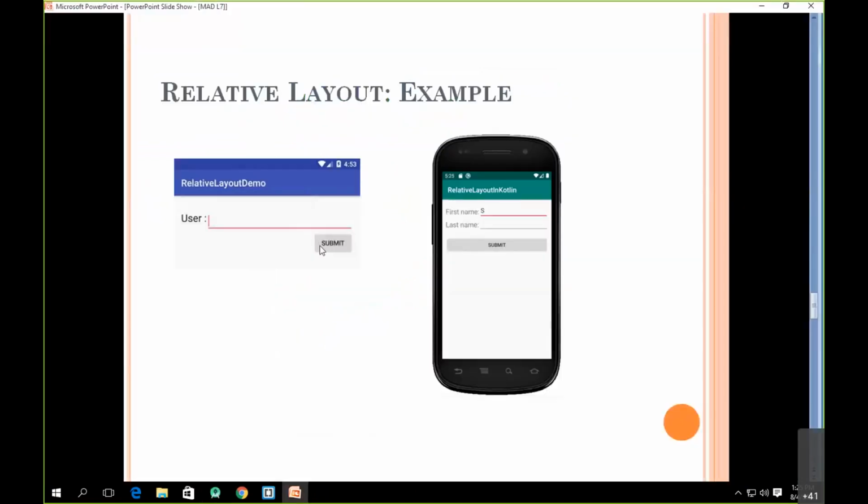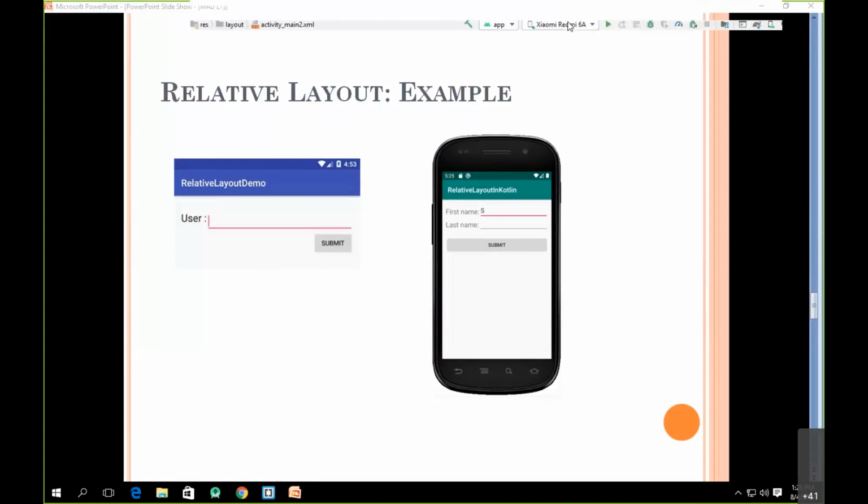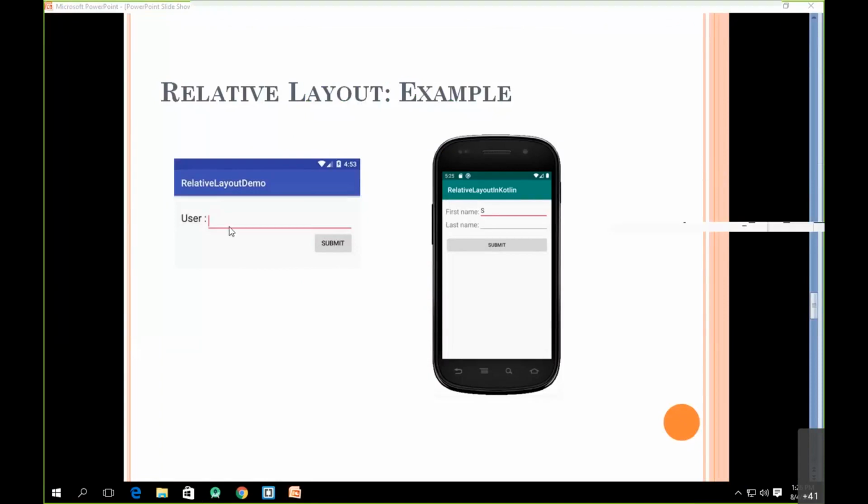The next part is I want to align this particular button. Now if I have the button, can anybody tell me what will be the relative position of this button? I don't want the exact attribute, but I want what will be the relative position of this button. For example, let's say if I say this edit text, I can say its relative position is towards the right of this text view. Can anybody tell me what will be the relative position of this button? Yeah, below the edit text, and at the same time, it has two relative positions.